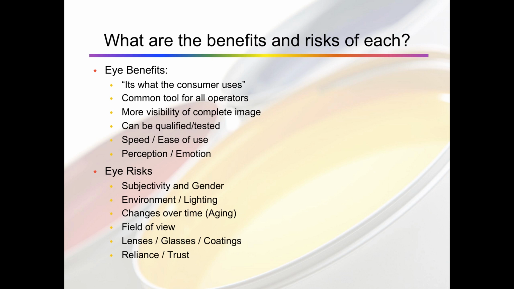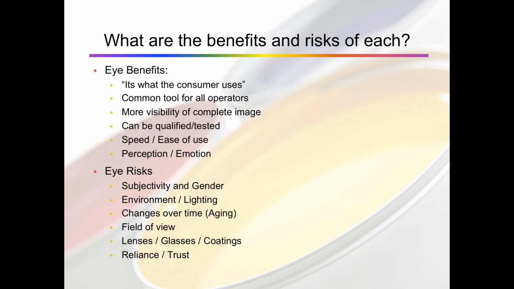Now, the eye is also at risk from the environment and the lighting that it's used upon. A lot of people can't deploy color-controlled light booths everywhere. Maybe the press room has one or two. Oftentimes, there's not color-controlled lighting at each press. And then you have the mixture of console illumination with ceiling and ambient illumination. All of these things can affect and will be factored in when our eye visually appraises a printed sheet or a color match. So it is very risky to be considerate of which environment you're looking at and what can be influencing your vision.